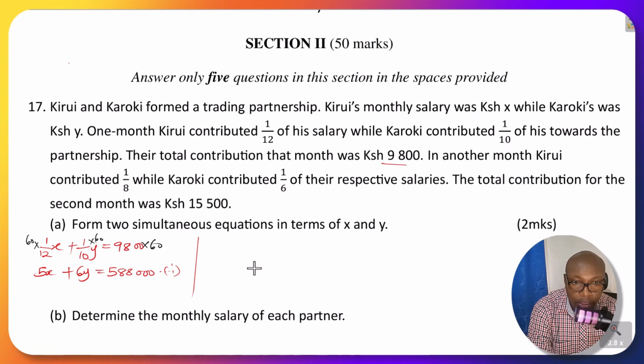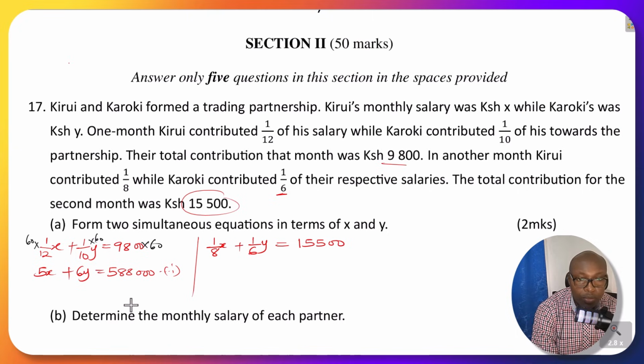We go to the second equation. That one you get it in the other month. So in another month, Kirui contributed an 8th. An 8th of his salary will be an 8th of X. The total salary is X. Then Karoki contributed a 6th of his salary, which is Y, and that one gives a total of 15,500. So we can simplify this one by getting the least common multiple of 8 and 6, which is